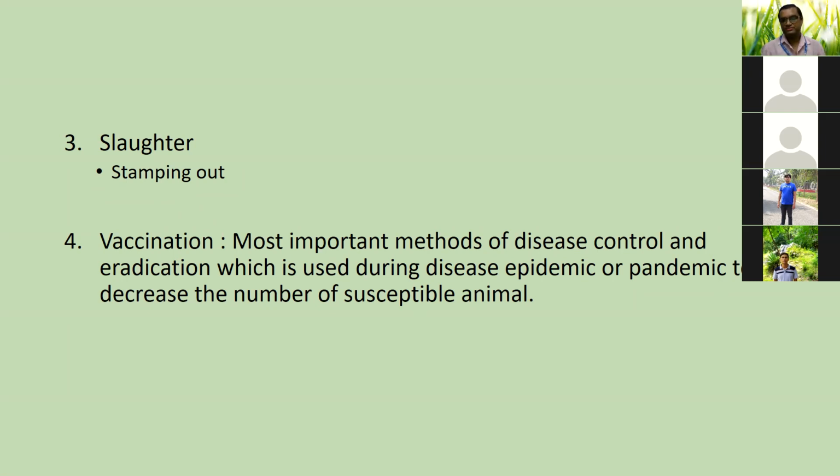So when a pandemic or an epidemic takes place, our aim or target is to reduce the number of susceptible population so that the infectious agent cannot hit its host. If we block the host, the agent transmission will be minimized or stopped. That is the basic principle behind vaccination. The more we vaccinate, the fewer hosts are available for the infectious agent. That is the meaning of herd immunization also.